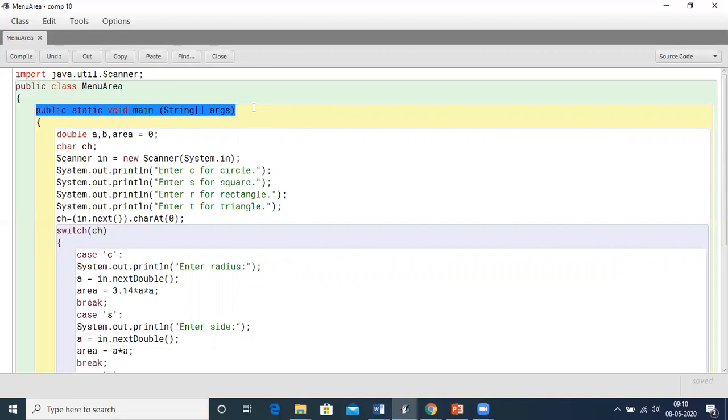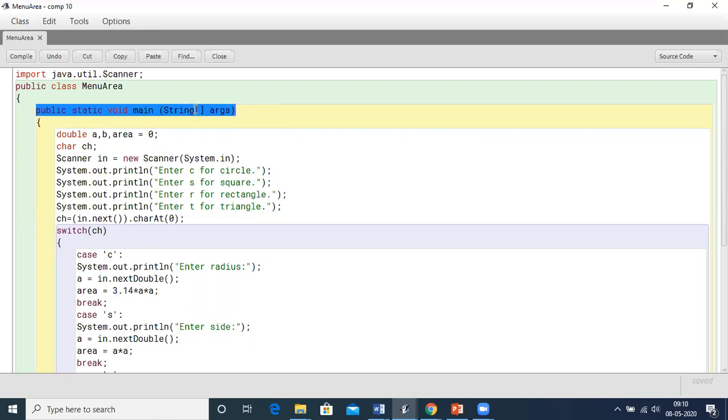The main function is declared as void, and main, the name, as it suggests, is the starting point of the program. Then within brackets we have String args. String args is a string type array, and it is also called the command line argument.